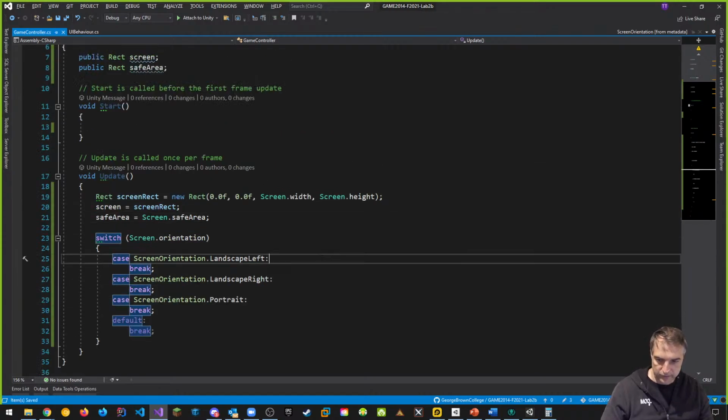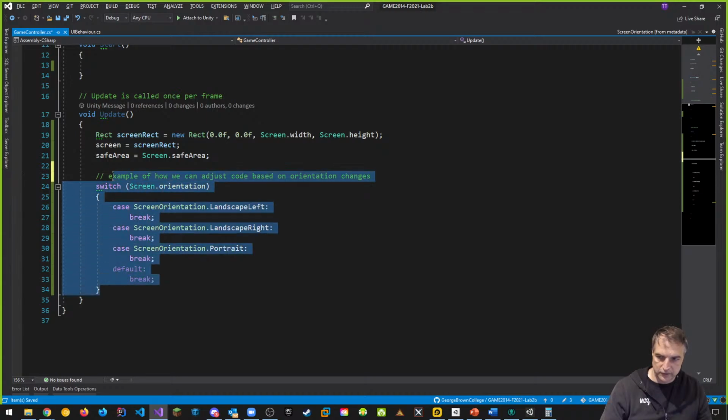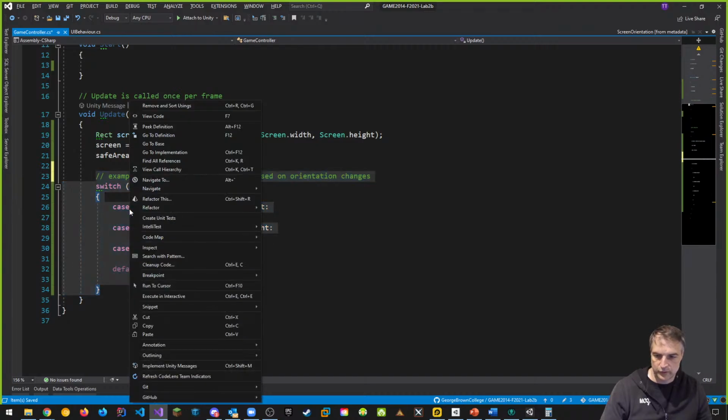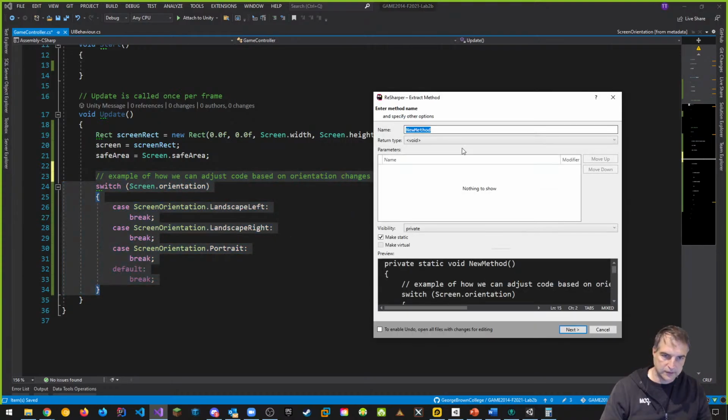As an example, I haven't saved everything, but I'm going to save it now. So this is kind of an example of how we can adjust code based on orientation changes. And we're doing this switch case here in the update. I can make it like we said before, I know that Yanev had mentioned it as well, we can make it so that we want to extract. So if I go refactor extract, I can extract a method,